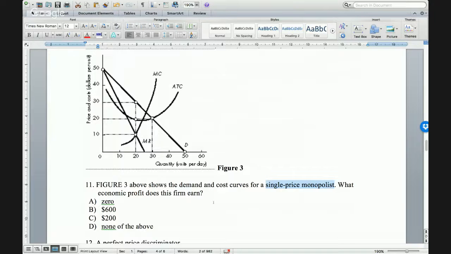It shows the demand and cost curves. What economic profit does this firm earn? Okay, so in order to find out economic profit, we need to understand our formula. The formula for profit is your total revenue minus your total costs. So we have to find your total cost and subtract that from your